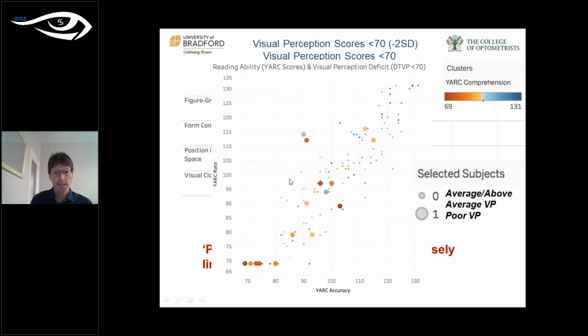Let's take a look at this slide here. This slide is showing accuracy and rate here again as previously, and again the blue symbols are comprehension like we saw previously. So it's showing accuracy, rate, and comprehension, but it's also showing either large symbols or small symbols. Small symbols indicate that visual perception is good. So if we just take a look here, for example, at that dot there, which again represents a child,